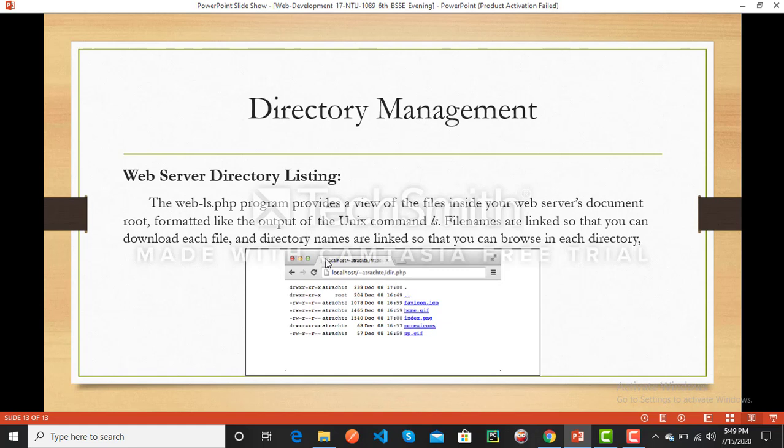If I put the right name of the file, it will show its function. File names are linked so that you can download each file, and directory names are linked so that you can browse in each directory. These are all the functions of web server directory listing.